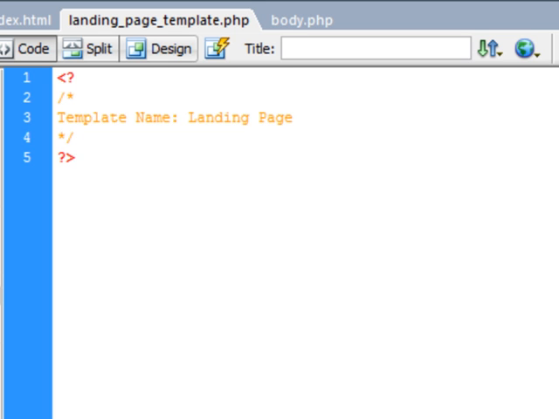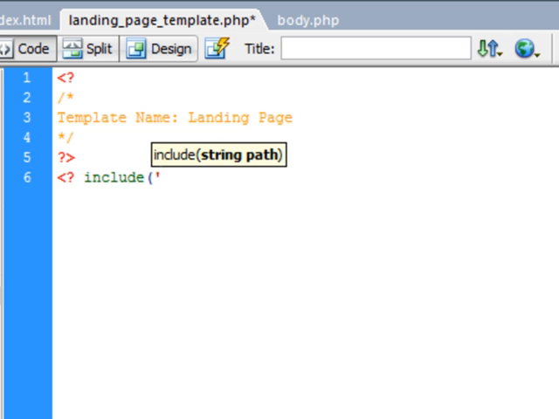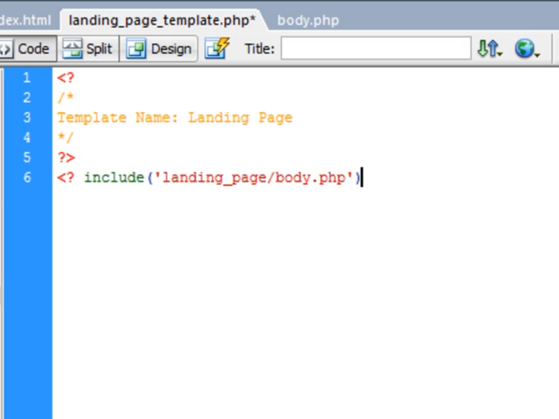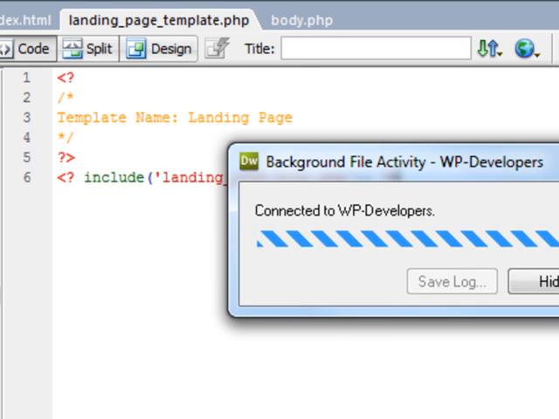And we're naming it landing page so that we can identify it inside of WordPress. Here I'm going to pull in the contents from body.php. I'll save that, upload it to the server,